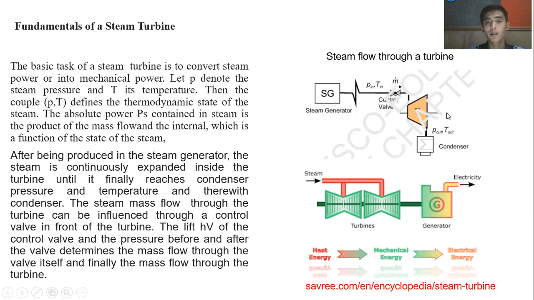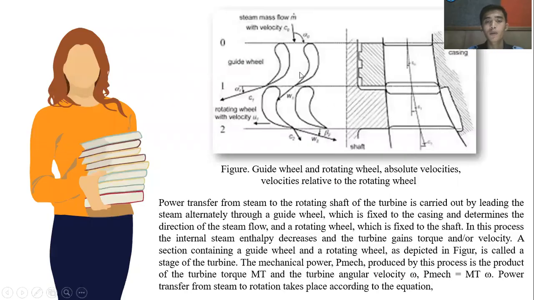Okay, picture of steam flow turbine. Number one, steam generator, control valve, and condenser. Okay, next, picture of stationary wheel and rotating wheel. Absolute velocity relative to the rotating wheel. Power transfer from steam